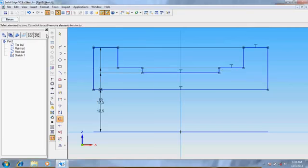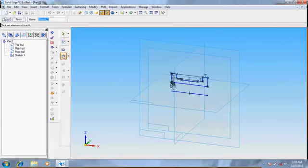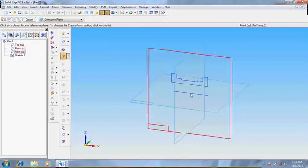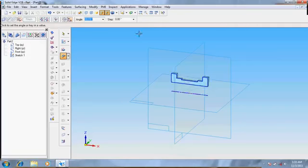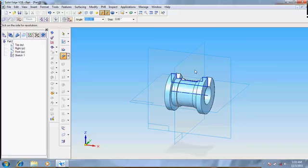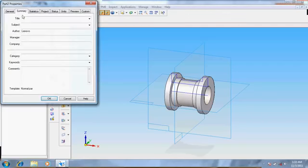Now go for return, go for protrusion. Since the axis is not given, now we have to mention the axis of sketch, so we can revolve it at 360 degrees. Now it's done. Now go for save, give it as